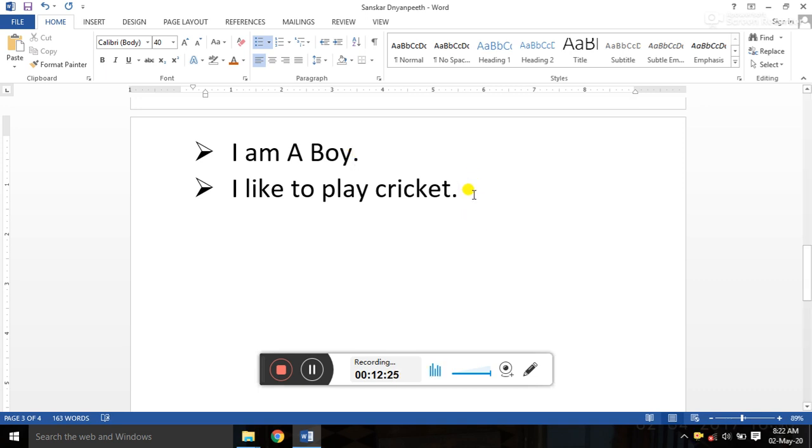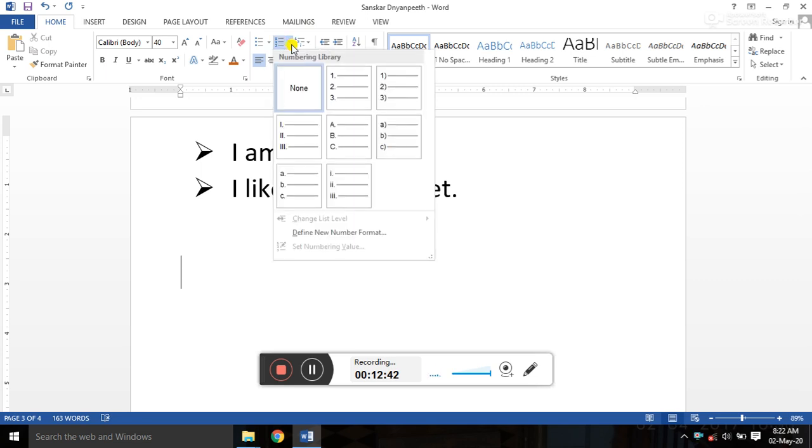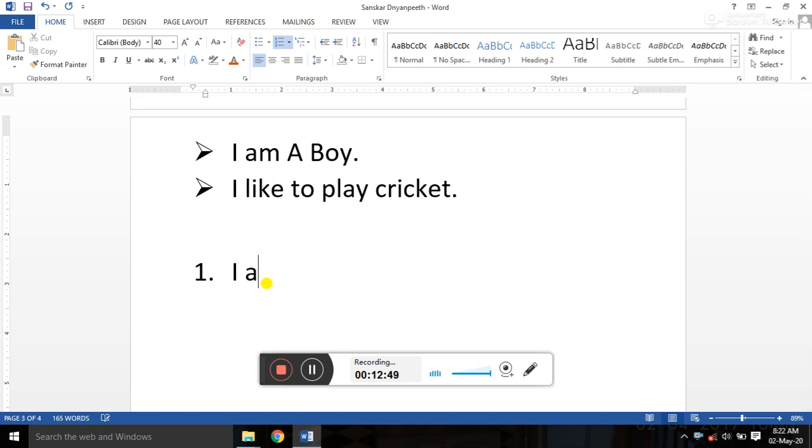Now again see, to insert the next bullet, press the Enter key. Sometimes that Enter key is also called the new line key, right? Means in such a way you can enter different types of bullets. But see student, if you want to make some points, the second option is given, the number system. You can write: I am a boy. Full stop. After that you can also write: I like to play cricket, right? Now this is the second sentence.